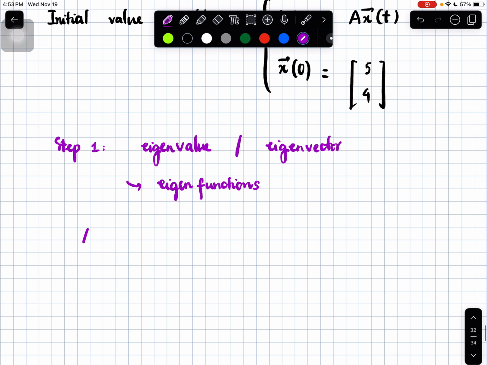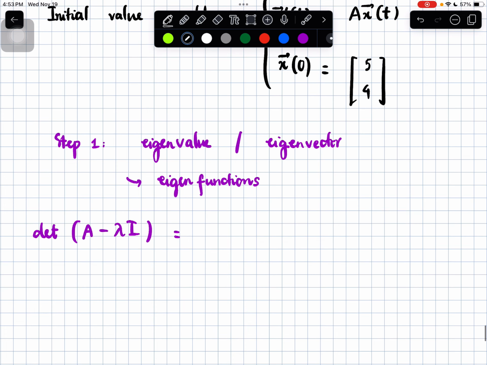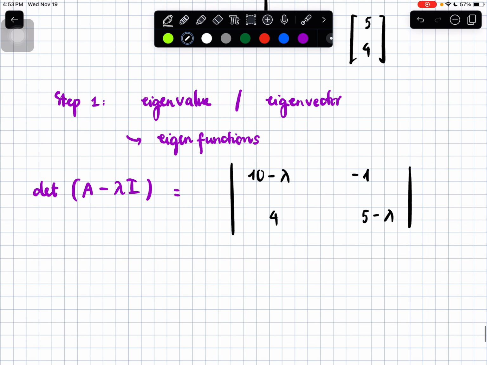You compute A minus lambda I and compute this determinant. So this is 10 minus lambda, 1, 4, 5 minus lambda. Determinant of this. So you do it, and then you should get something like